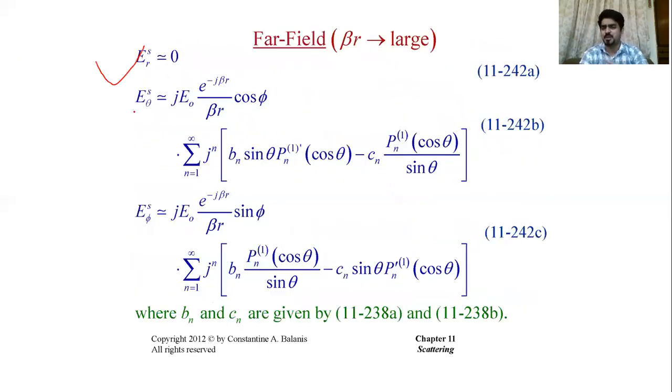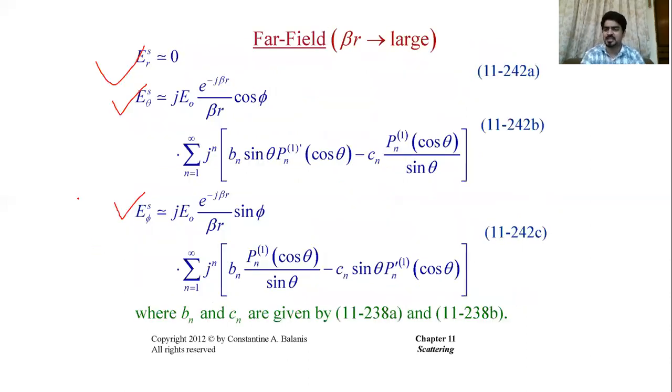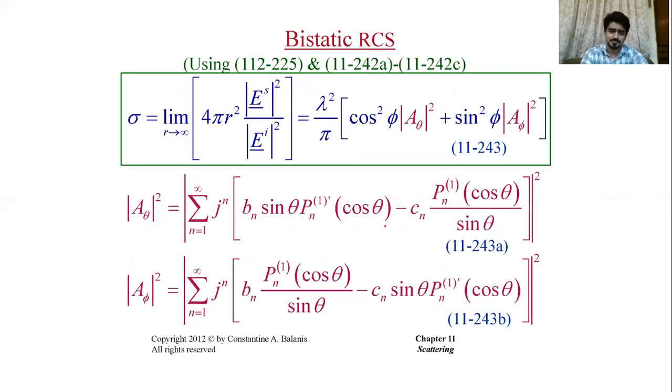So when we do that, these are the expressions. Er is going to be approximately 0 when we compare with the other two components, E theta and E phi. If you go through that, you will see that the Er radial component is much smaller than the other two components, and that's why we can ignore that. We can make it 0, and so you effectively have two components, E theta and E phi, and they are given by these two expressions.